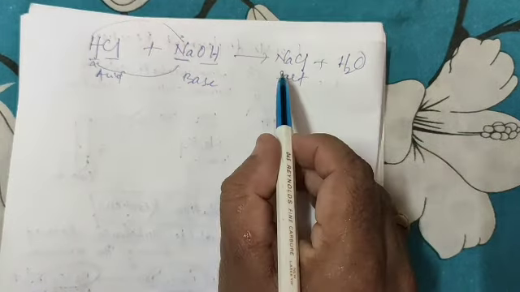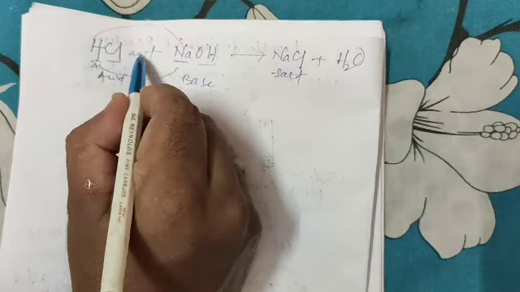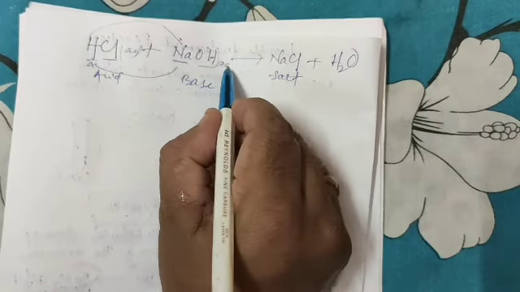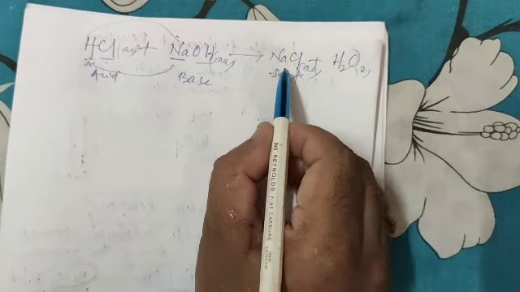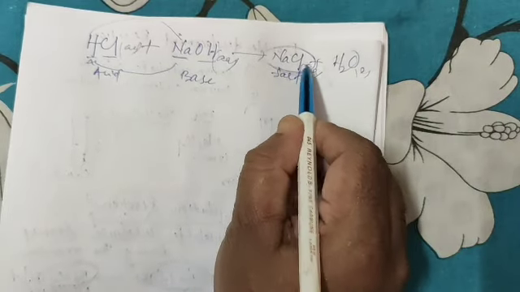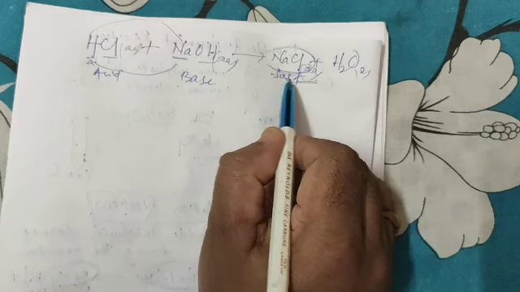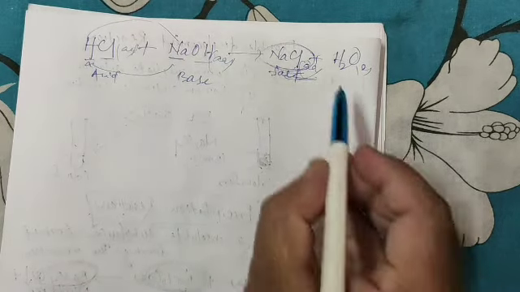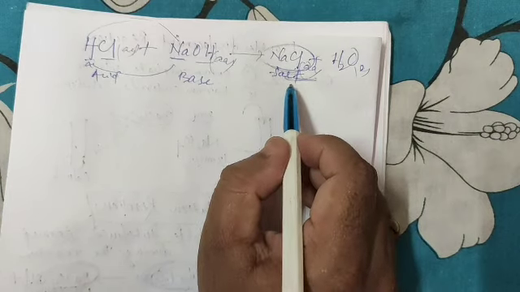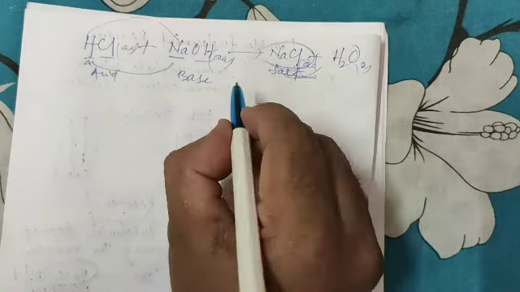But here no precipitate formed. This is in aqueous form, soluble. This is aqueous soluble, and this is also aqueous, this is liquid. So the compounds formed here are both soluble. So no precipitate is formed. That's why that is not a precipitation reaction. So that is simply a